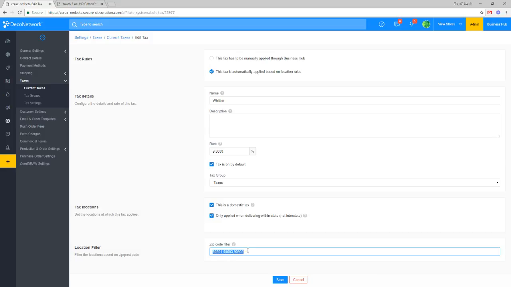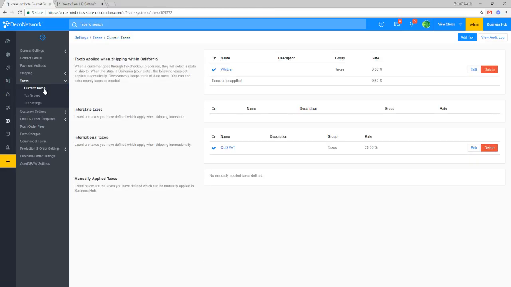In terms of how you can set this zip code filter, like I mentioned, it can be a comma separated list of zip codes. It can also be ranges. So I've got 3 zip codes here, but I could also add an additional comma there, and then I could say 80,000 through 84,000. So maybe there's a specific range that I want to cover. I can go ahead and type that hyphen character and create a range of zip codes that tax is going to apply for. All right, so those 2 changes, being able to edit your system tax and apply zip code filters, give you a lot more flexibility in terms of how you're going to charge your taxes